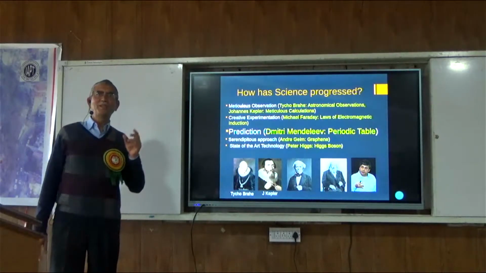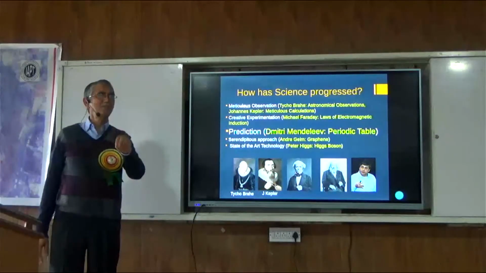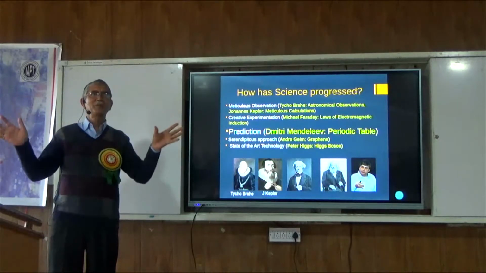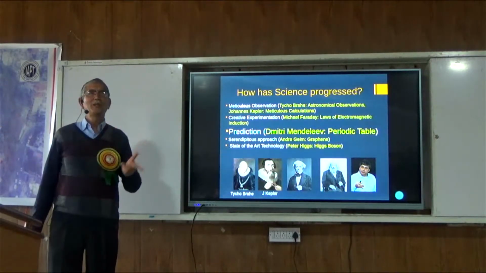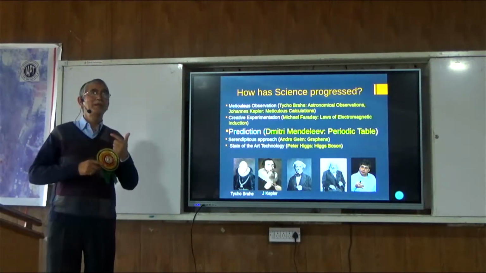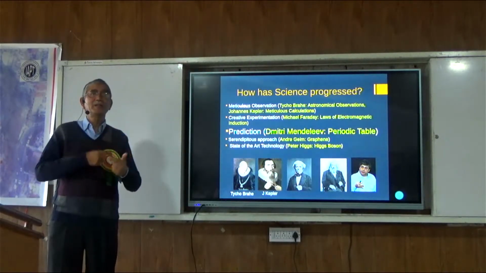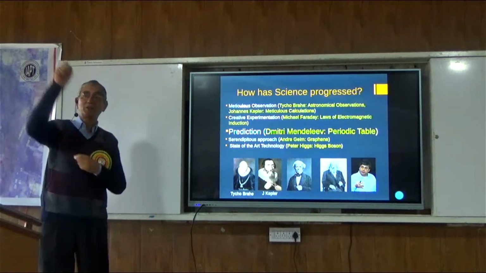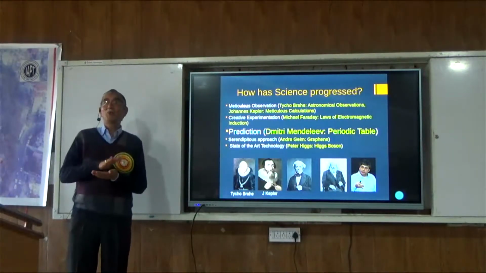So Rutherford said there has to be a nucleus in which positive charge is sitting. The rest of the atom is all empty and electrons are around that nucleus only. But there was one problem in his model. If they are revolving around it, they are accelerating charged particles, which actually give out energy. This electron should fall inside the nucleus. That was not happening. And that was a moment for Bohr